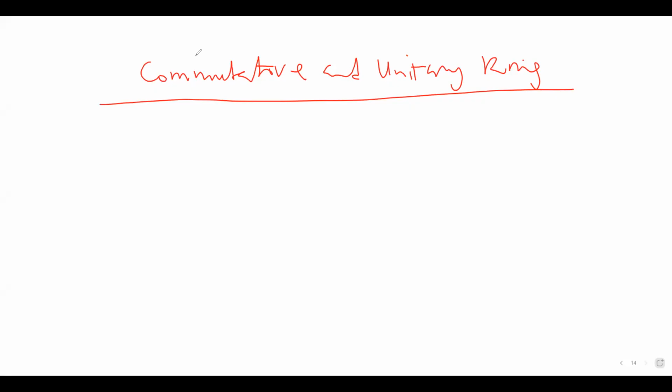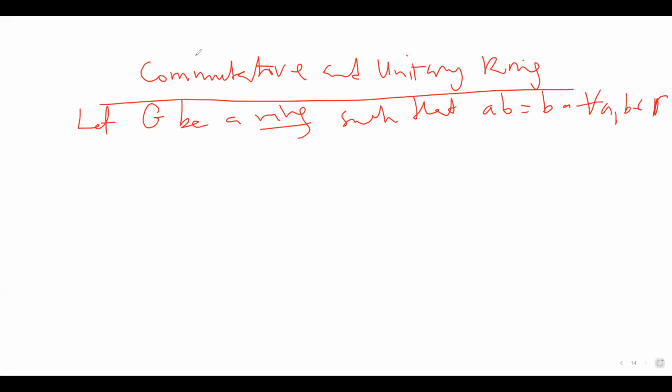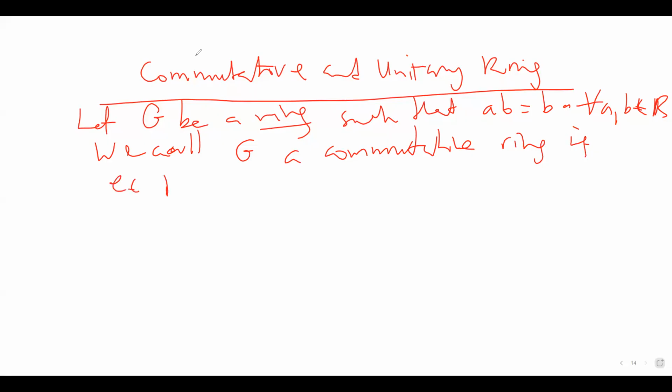Let R be a ring, such that ab is equal to ba for all a, b in R. We call R a commutative ring. If the identity is also in R,